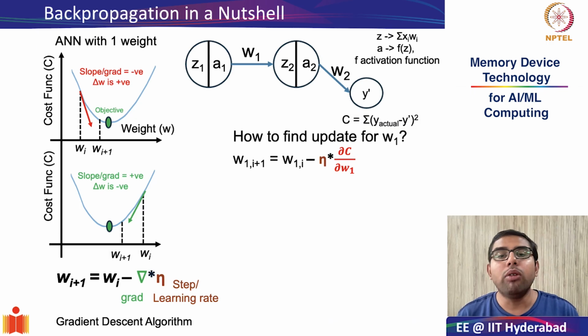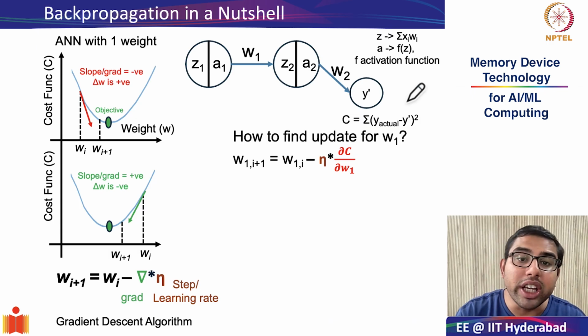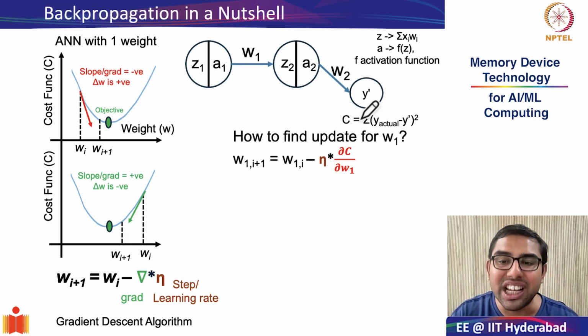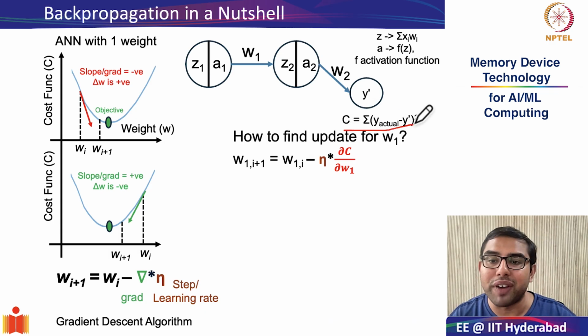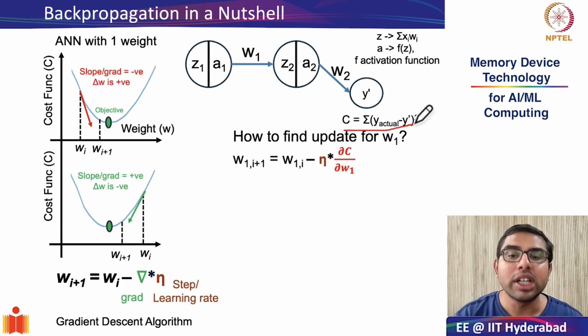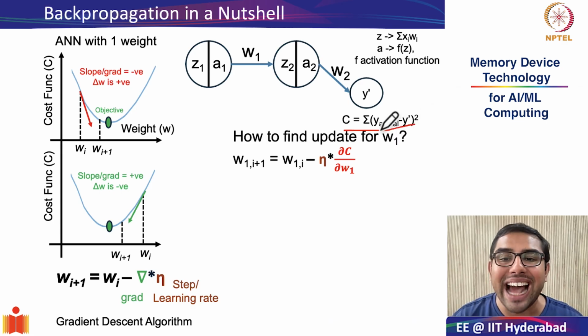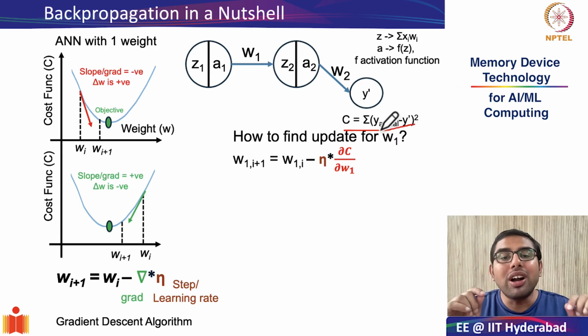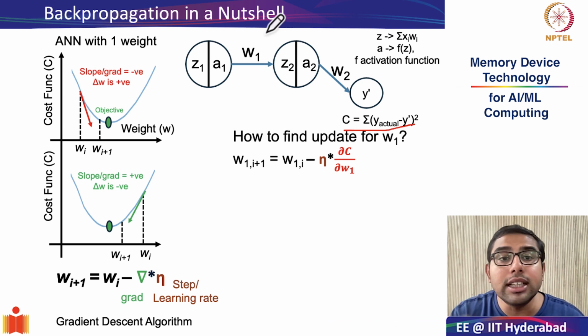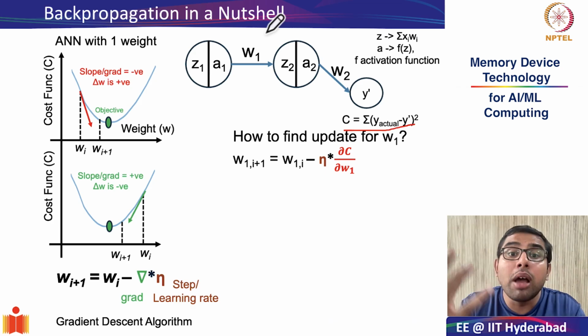Okay. So finally, A2, as you can see over here, gives rise to the predicted value Y dash. And this is where the backpropagation algorithm comes in. But to understand that, first let's define the cost function, which essentially measures the error between the predicted output Y dash and the true label Y actual, or the ground truth. So what is our objective? Our objective is to slightly adjust these two weights in the system, W1 and W2, so that this cost is minimized.